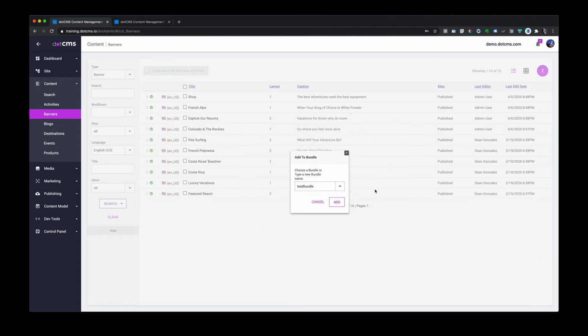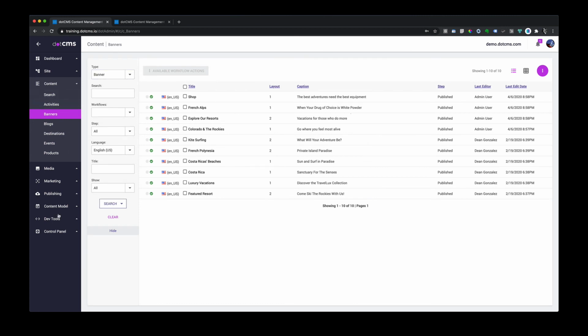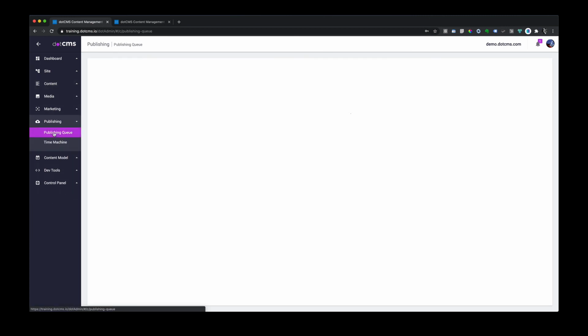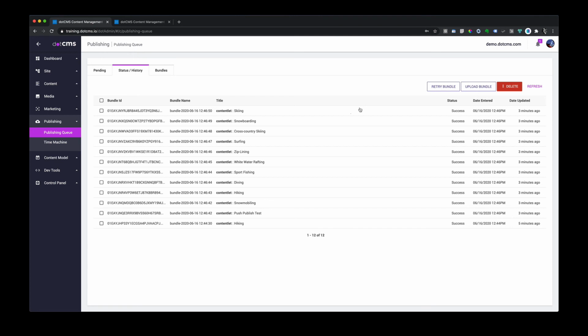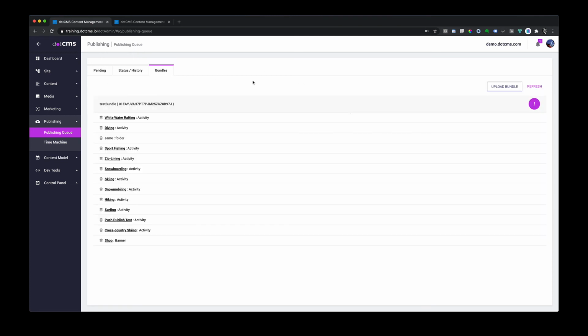So I'm going to add that to bundle, test bundle as well. Now this third way, you can then group new features, push them forward or backward, wherever you need to do this. You see that was my last success, but this is my bundle that I'm about to push, which has got a folder, it's got different types of content, it's got a banner here. You can actually examine the whole